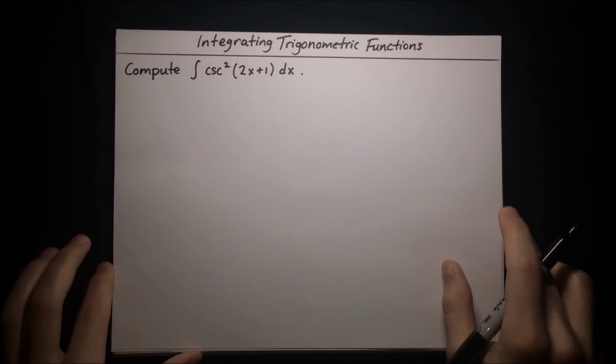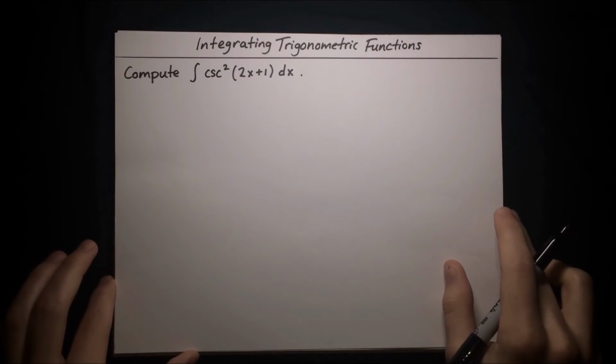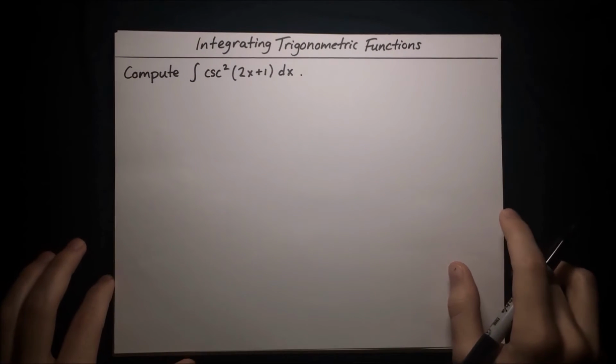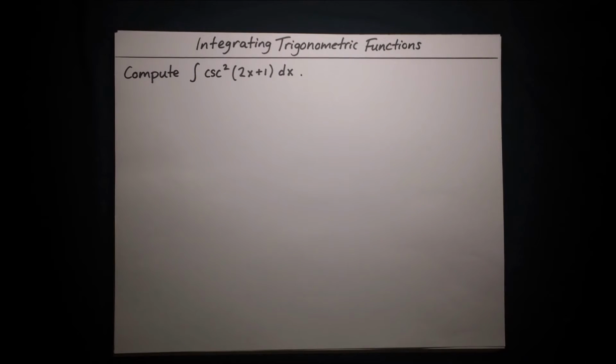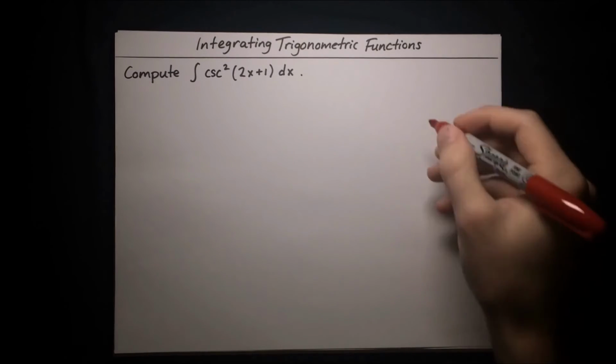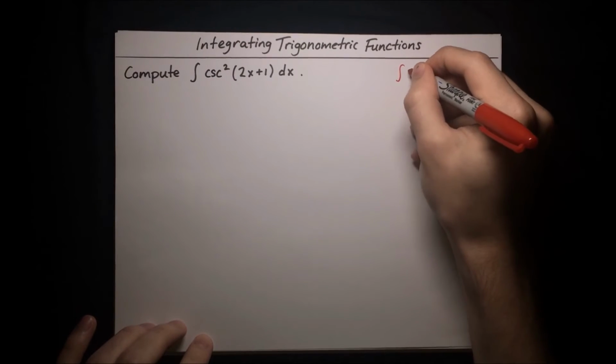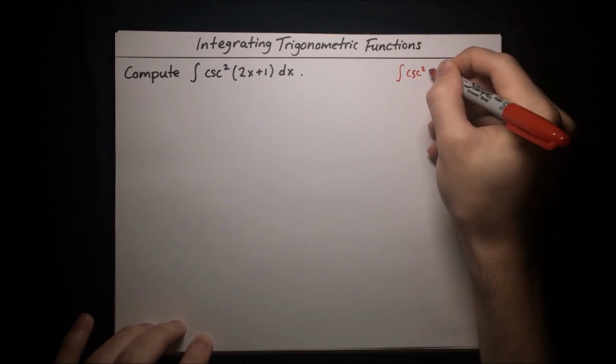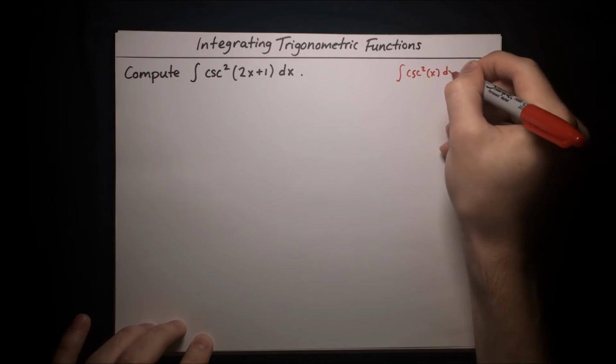All right, here's another example. We want to compute the integral of cosecant squared 2x plus 1 dx. Okay, so this looks like a kind of tricky integral because the input to this cosecant squared function is something other than just x. If this were the integral, say, integral cosecant squared x dx, that would be a lot